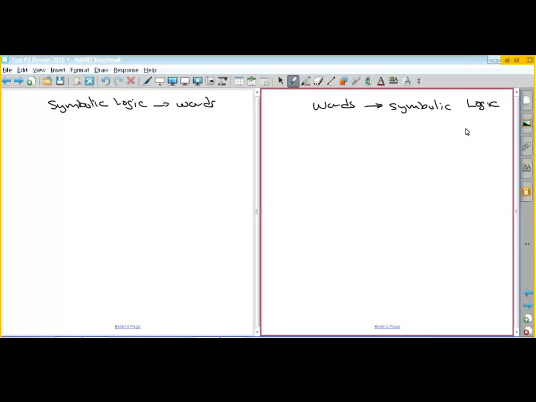So I think it's section 3.1. Yeah, so if you look at problems 39 through 48, that's where we take symbolic logic and make it into words. And then 49 through 54, we take words and create symbolic logic. So you're going to see a few of those. Those aren't going to be worth as much because that's hard. Okay,